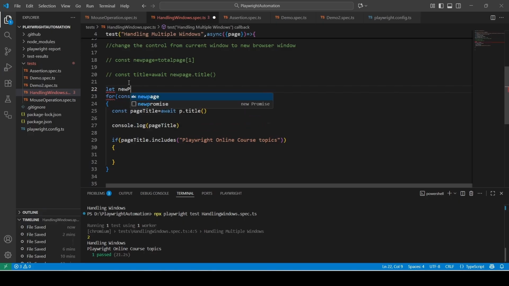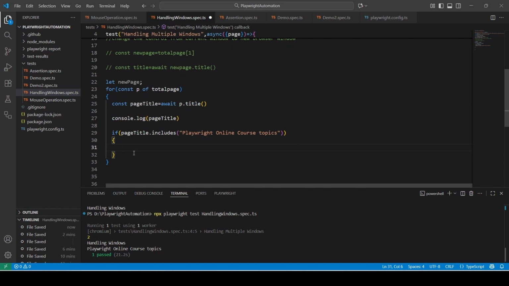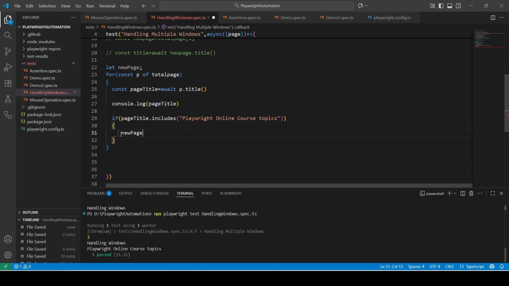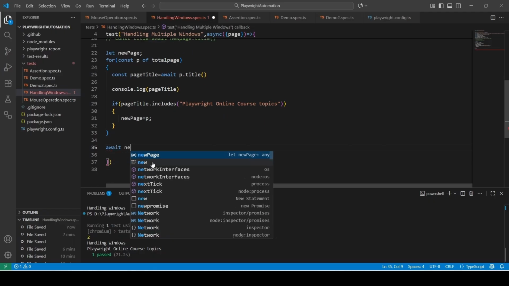new page equal p. We got the expected title. We change control to the new page based on the title of the browser. And here I can perform the operation now. So await new page